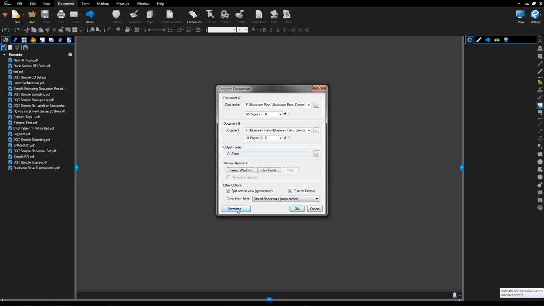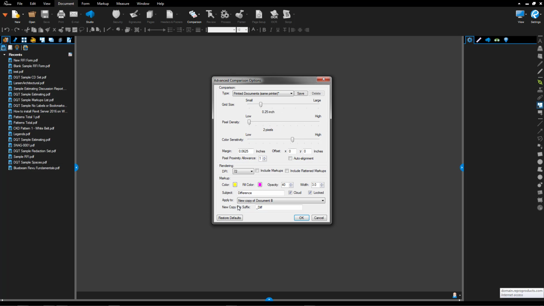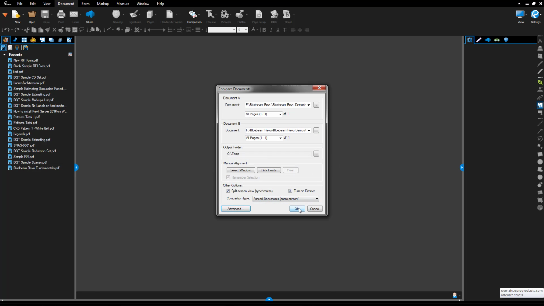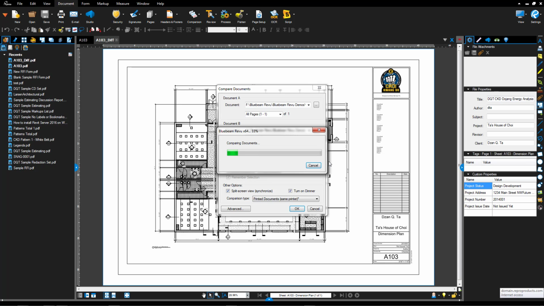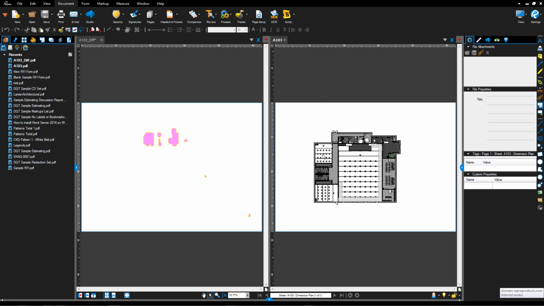If you want to, you can click the Advanced command to get into how it's comparing the grid size density that it's using to look at the data, the pixel density as well, and color sensitivity. You can also specify the markup color and the fill color and whether you want to cloud that information as well. I'll click OK and then click OK,